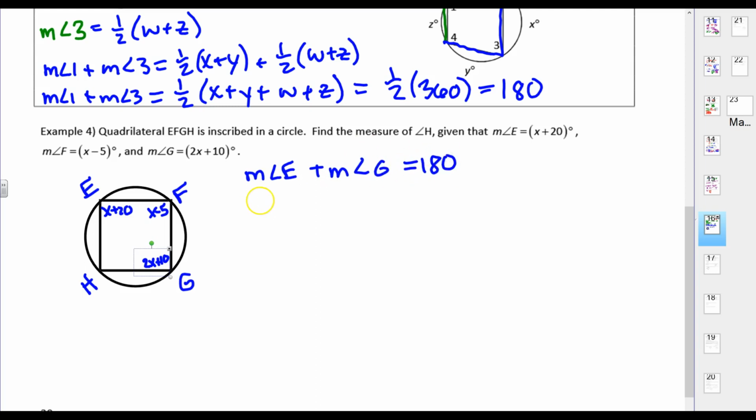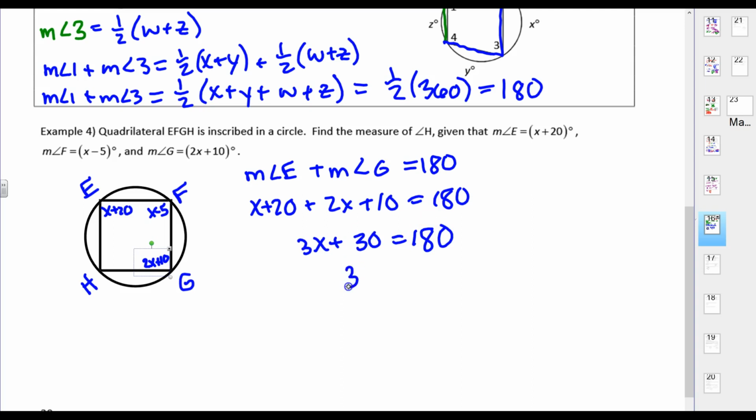So when I plug that in, I get x plus 20 plus 2x plus 10 equals 180, or 3x plus 30 equals 180. 3x equals 150, so x is in fact 50 degrees,